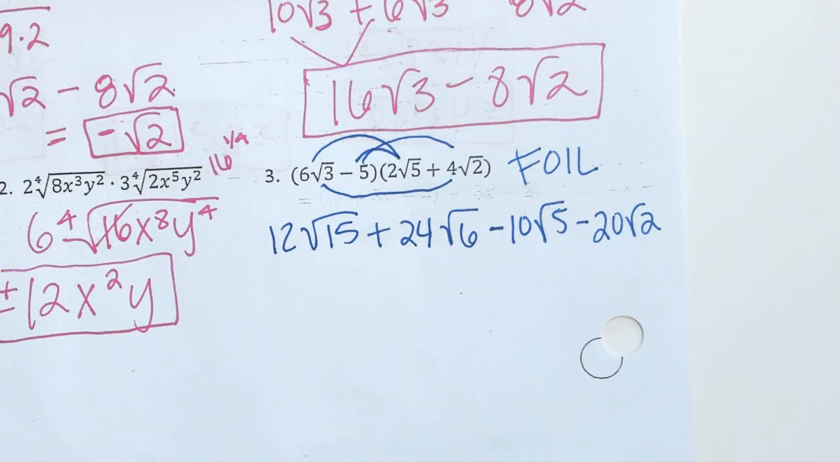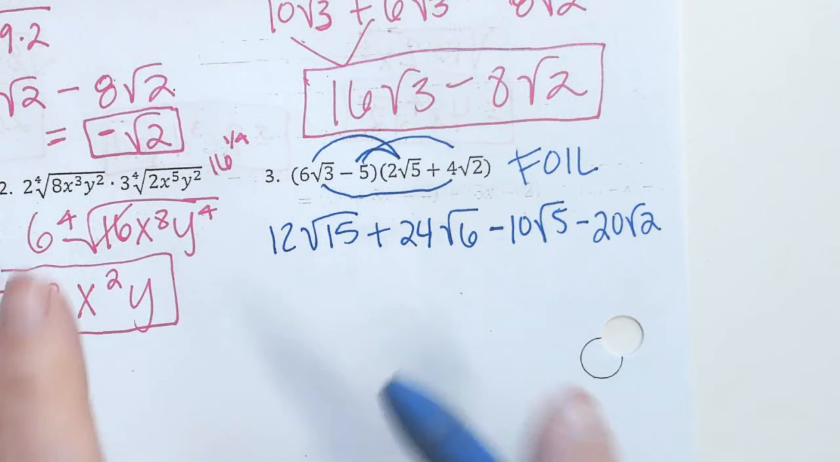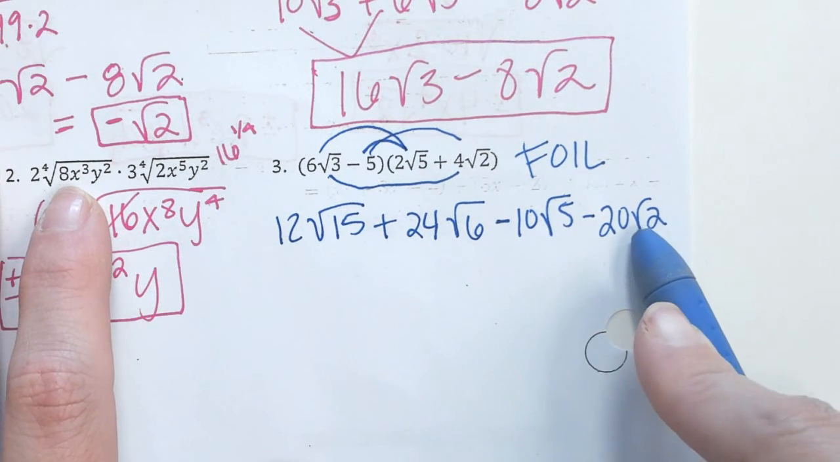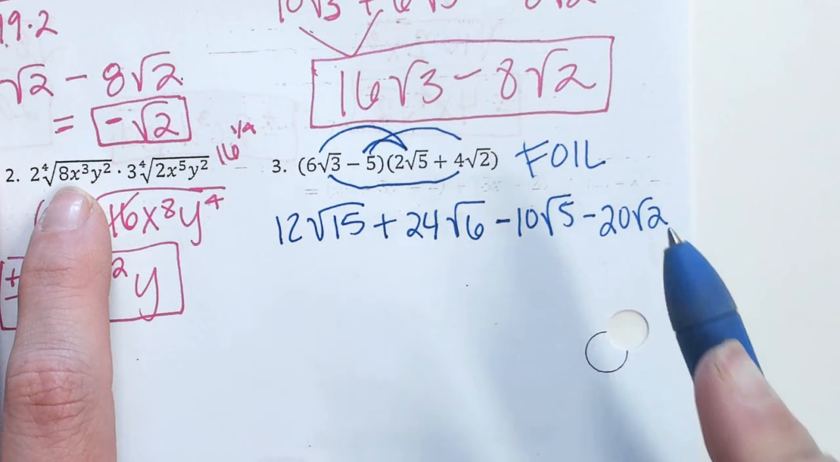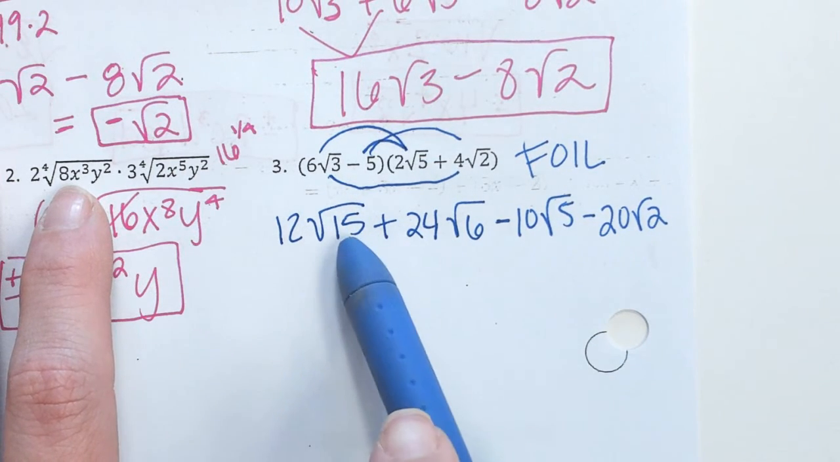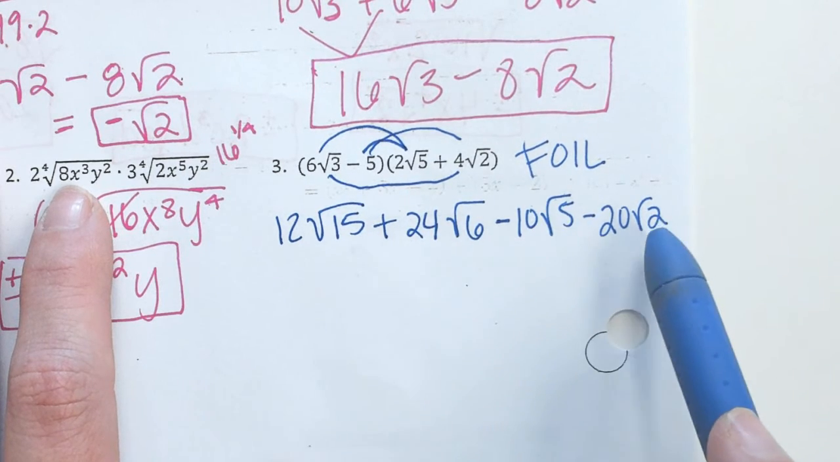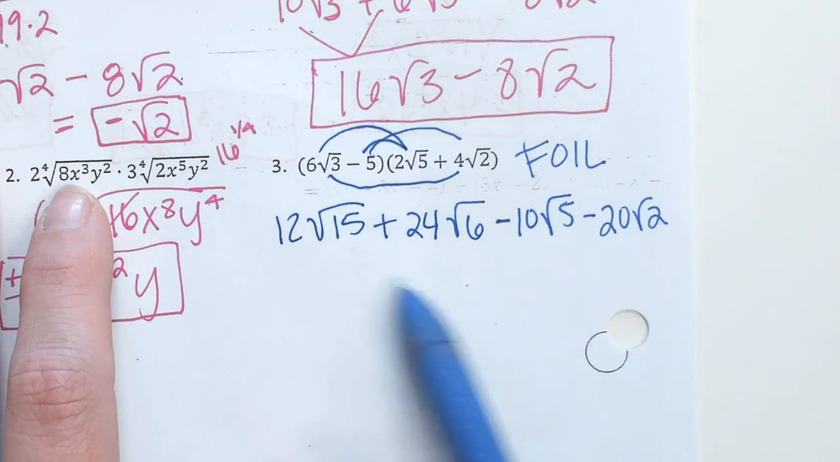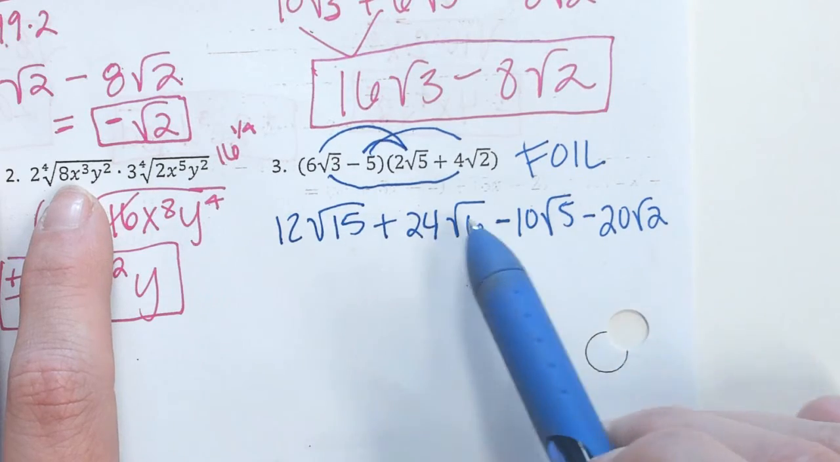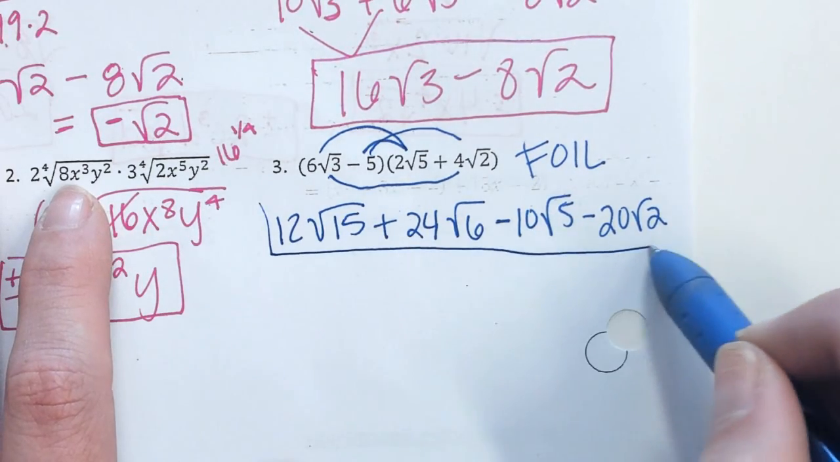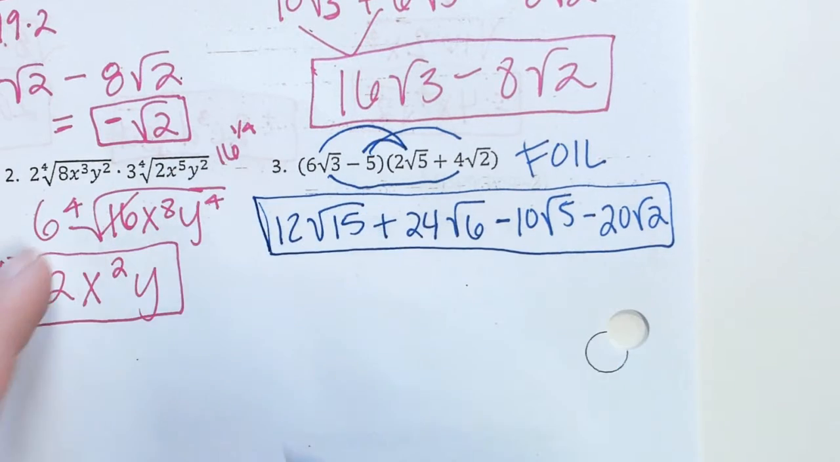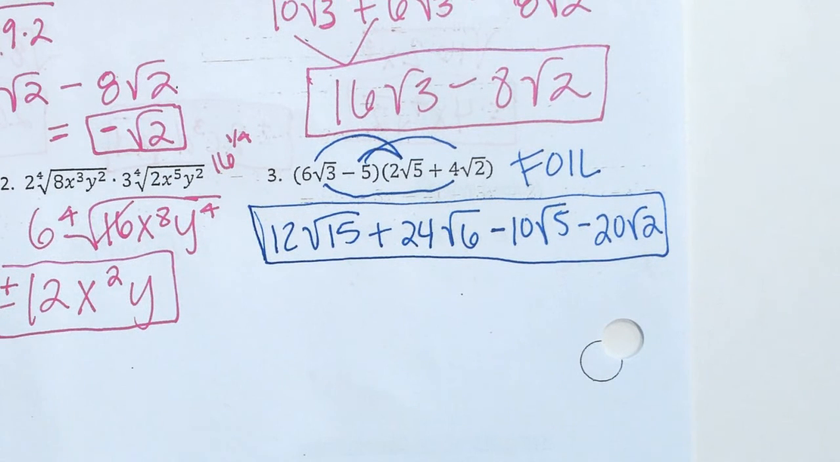Alright, looking at all of these, is there anything underneath the radicals that we can simplify? For example, any perfect squares that go into 15? Any that go into 6? 5? 2? Can we combine any of these? Very good, because they all have different numbers underneath the radical. Done? No, why couldn't you just, the 12 root 15, why couldn't you just divide everything by 3 and then